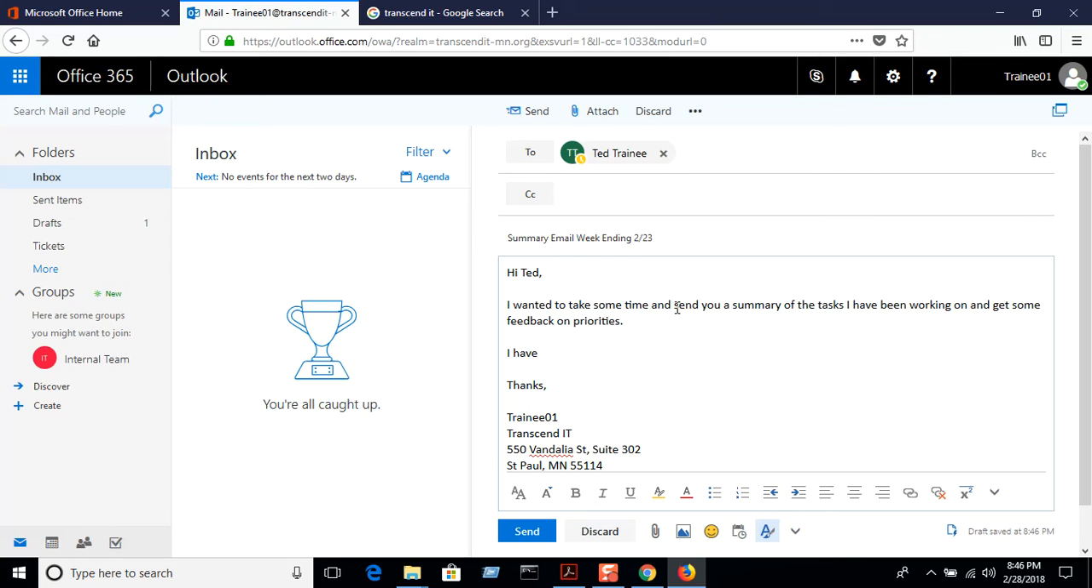I have completed the following tasks. I just wanted to use something as simple as dashes like that, or you can use the bullets right here. A bullet is an easy way of documenting. You can say